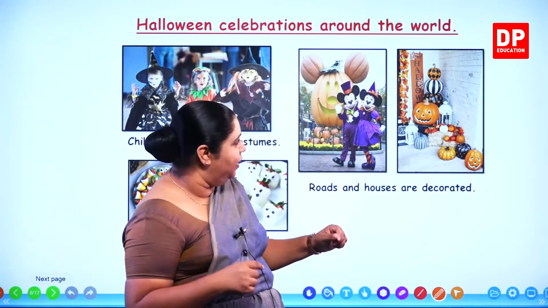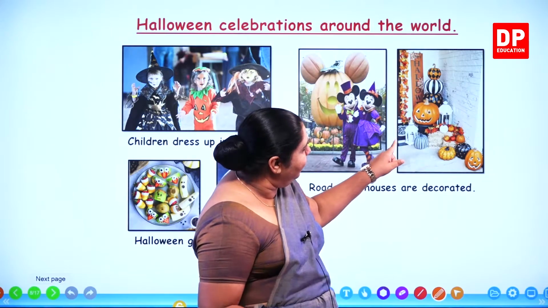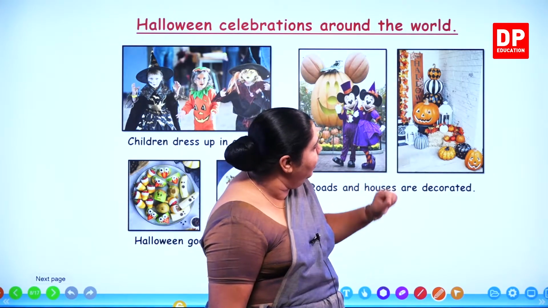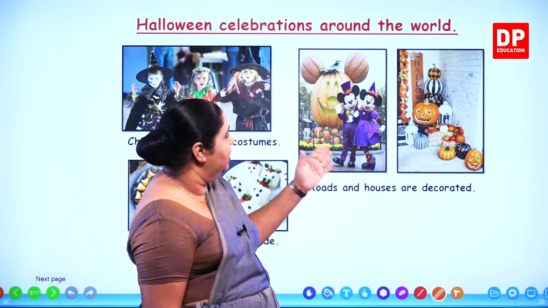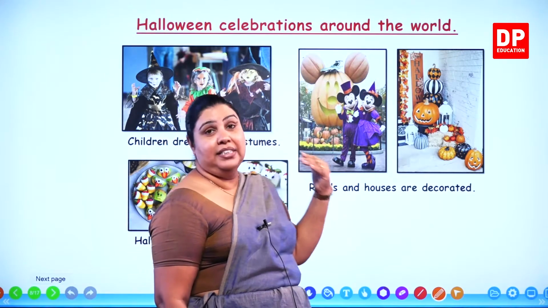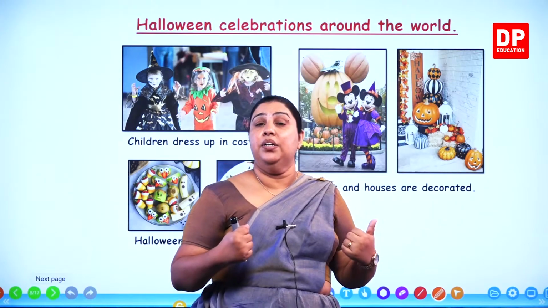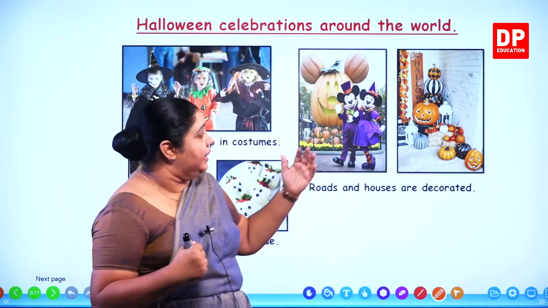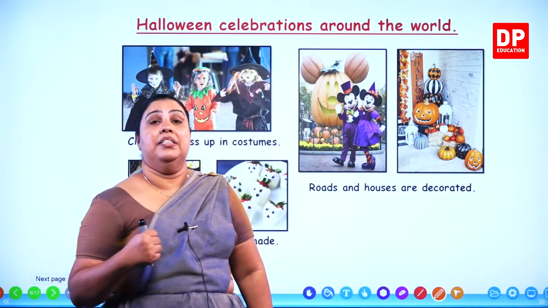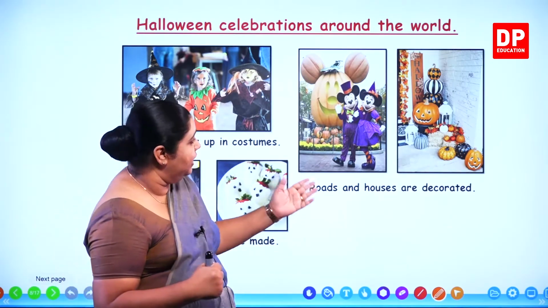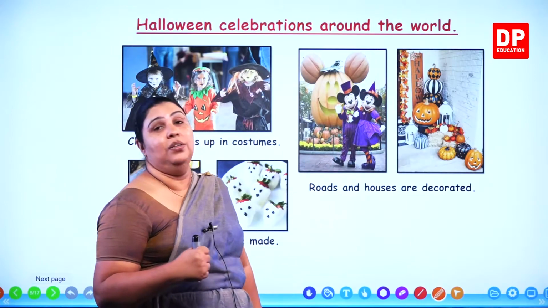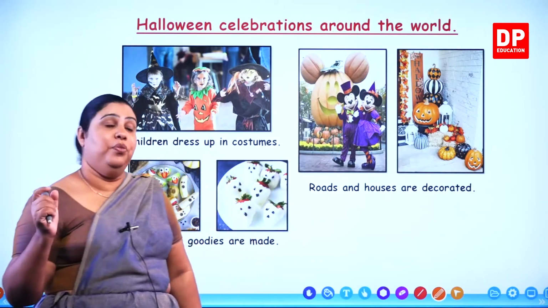It's a symbol. Can you see even here? Can you see the decorations? They are all with the pumpkins all over their streets. They dress up and the streets are decorated using pumpkins, and that symbolizes the celebrations all over of Halloween. Can you see? This is how those countries look like during the Halloween time.